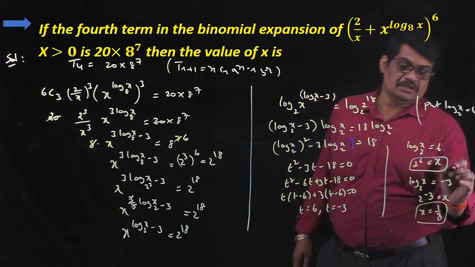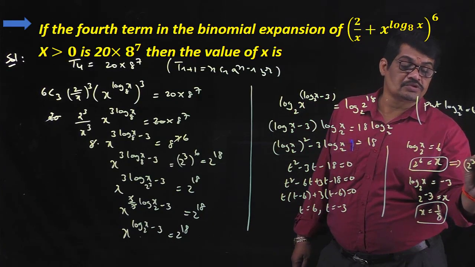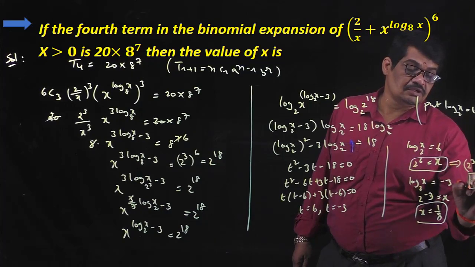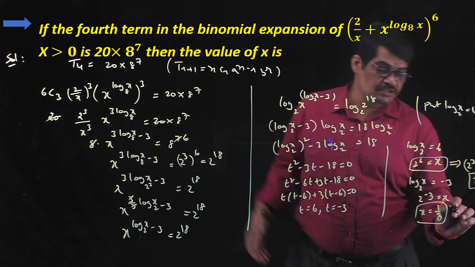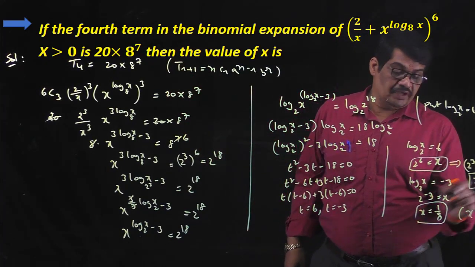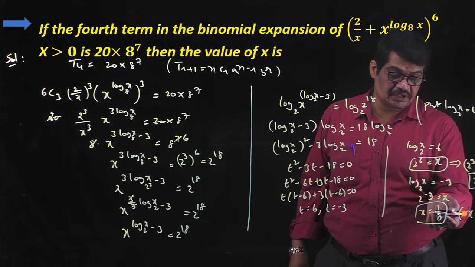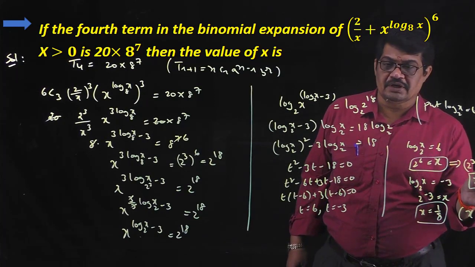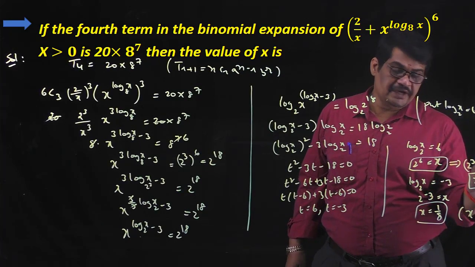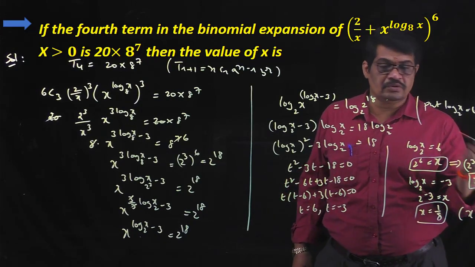So that is nothing but here in these options we are getting 2 cube whole square is equal to x. From that, x is equal to 8 square. This is our option. So our option is x, and x is also greater than 0. Since x is greater than 0, we take x more than 0. That is, x is 0 point something. So x is 8 square, that is the option value. So the answer is x is equal to 8 square.